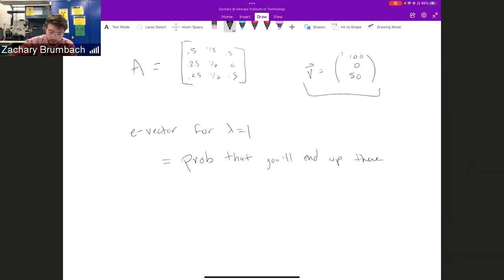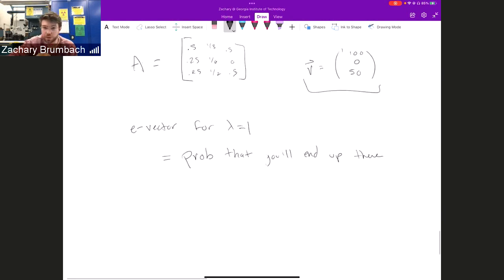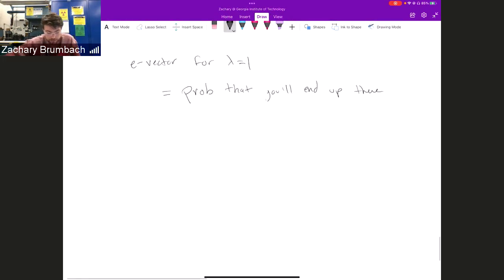Okay, so if you have like 150 people, I'm not going to do the actual calculation of this, because we're about to go and do some calculations for eigenvalues and eigenvectors. But you would find that eigenvector, and let's say that vector is 0.25, 0.15, 0.6. Okay. This is if you have 100 people, okay, 25 of them are going to end up in 1